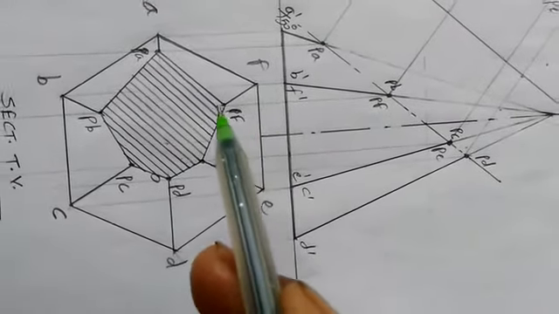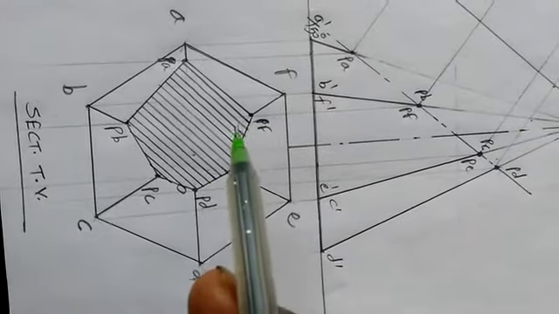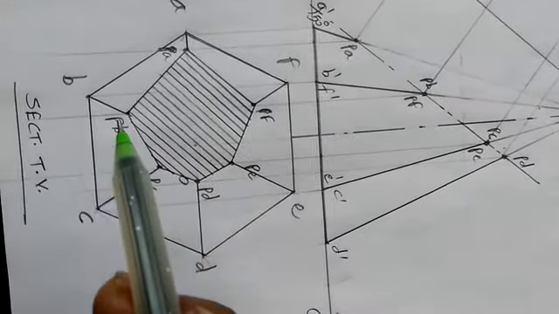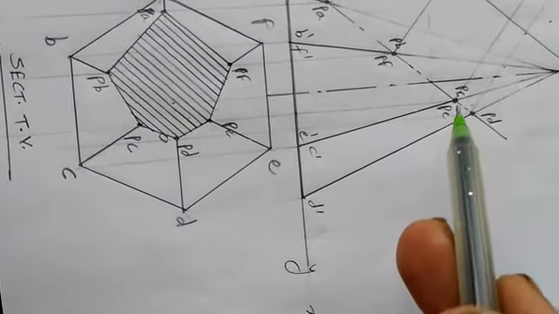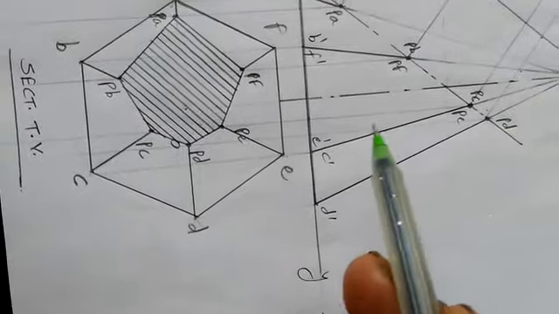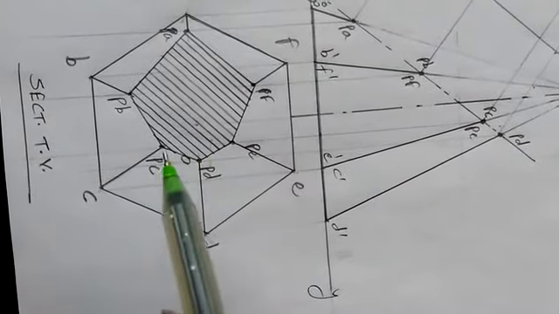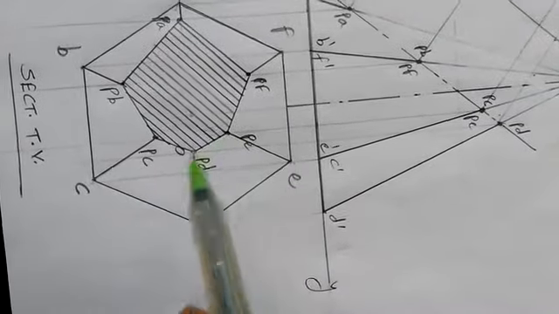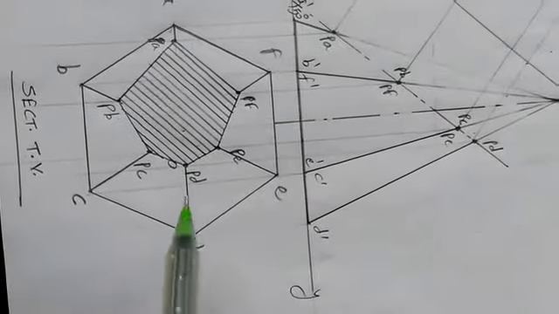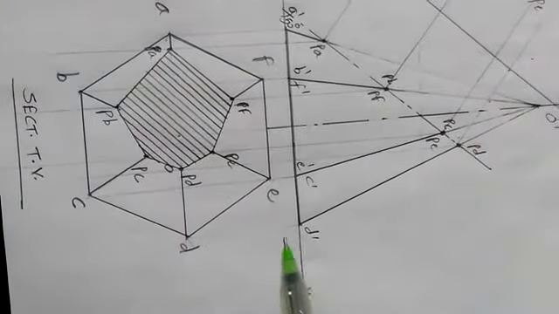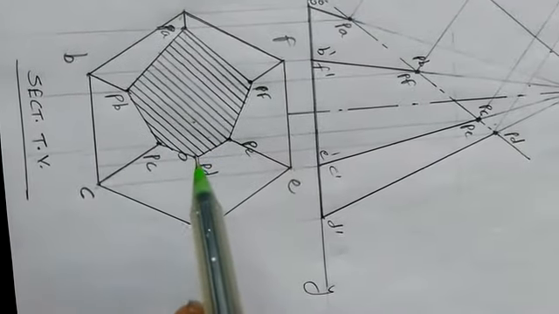This projector will cut these slant edges here in this way. First of all PF, after that PB. So these points PB and PF. Similarly on this side C and E, PC and PE, over corresponding OC and OE, those projectors are going to cut those lateral edges. So those points PC and PE we have got here, and ultimately PD is on OD, it is the right extreme lateral edge. So this PD you will get here.